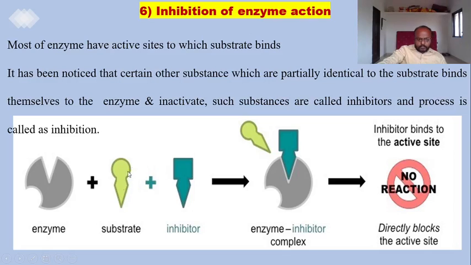If the substrate which is identical to the enzyme active site forms the enzyme-substrate complex, then only the reaction is completed and the product is formed. But in this case, the inhibitor and the enzyme form the complex, and therefore the reaction is stopped, the reaction cannot complete. So this is nothing but the characteristics, or properties, of the enzyme. So here there are 6